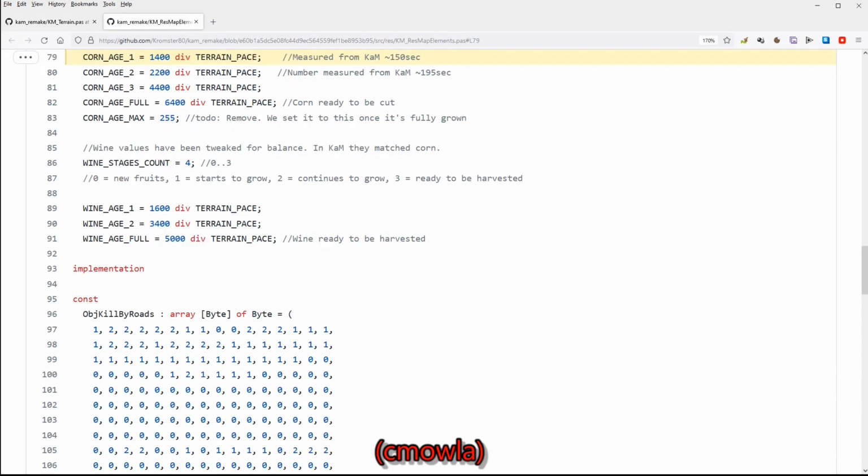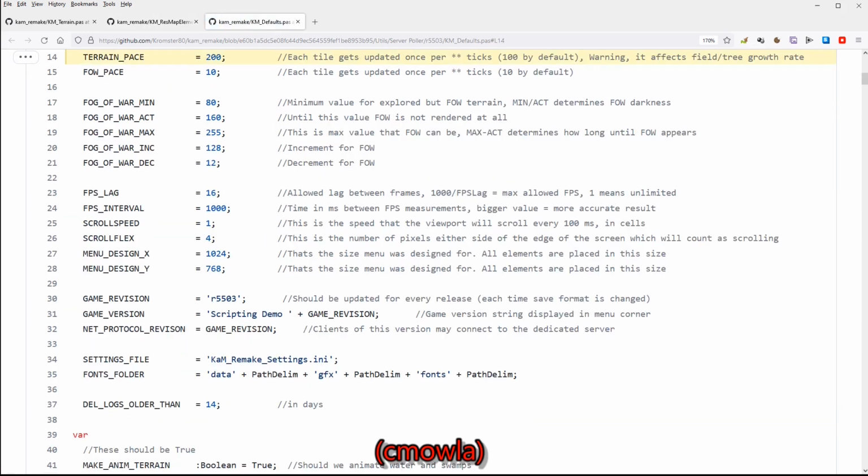And for those who want to know more about the corn growth stages, the developers have another page. I'm going to provide a link to this as well. This describes the corn age. That's something that you have to take into account. And besides corn age, there's this universal terrain pace, it's called, and it's initialized to 200. So with these three things might be a good start if someone wants to understand the source